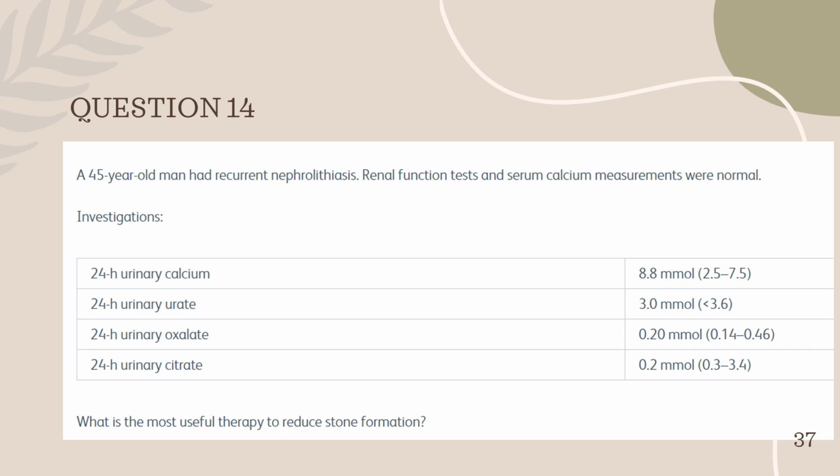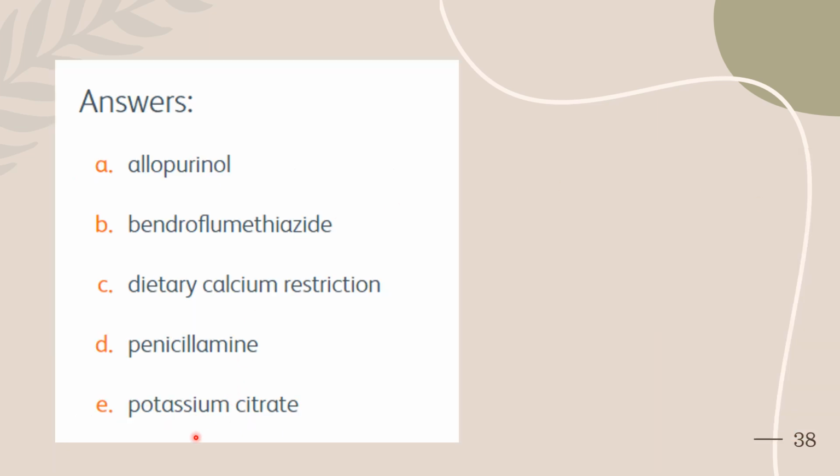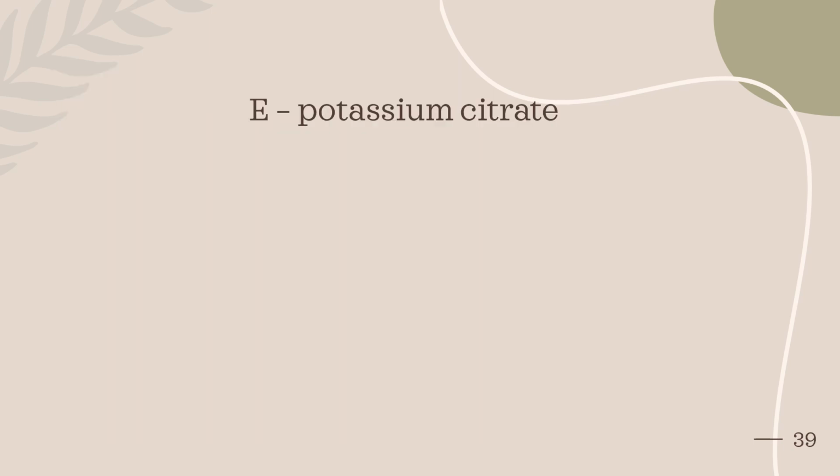So when the citrate is low, you have to give potassium citrate. You give Citralka, right? So that will help because that can reduce the calcium excretion through urine. That is the answer, potassium citrate. Others are not going to help here because there is increased calcium excretion through urine. You have to give something that can chelate or bind to it. Here, if citrate is also low, so it is going to help. Okay, that is potassium citrate.